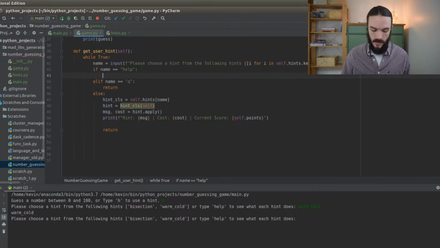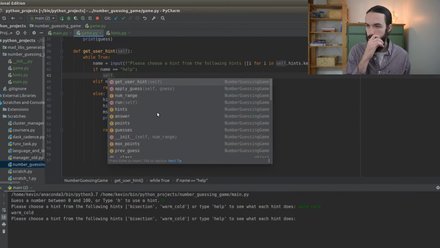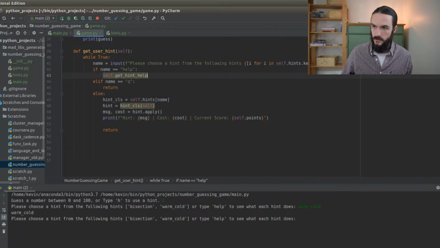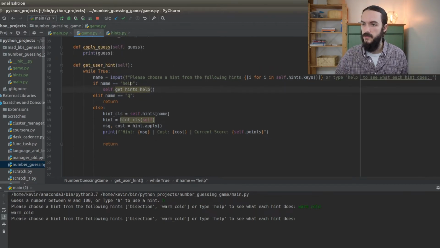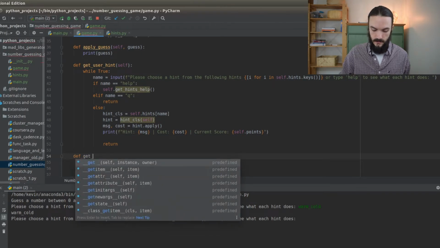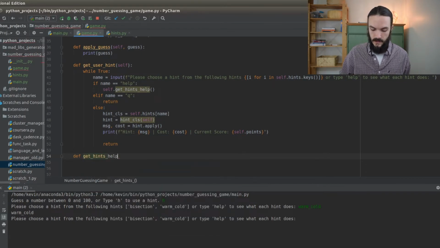If they're gonna call help, then I came up with a separate method for get hints help. I guess that works. So I did a separate method for this. That way, again, I don't need to shove a bunch of logic into this if statement. So let's come down here, and we'll do def get_hints_help,